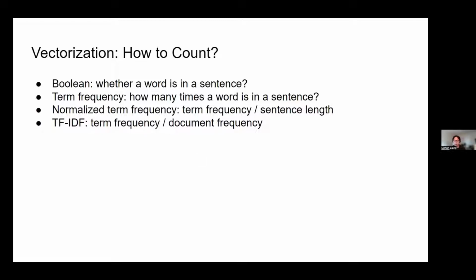And sometimes we're working with a corpus with sentences of very different lengths, and we don't want the length of the sentence to affect the sentence representation, because a longer sentence should have larger term frequencies for most of the terms. And that could differentiate a longer sentence from a shorter sentence. In that case, we will consider using normalized term frequencies, in which case we divide the term frequencies by the sentence length.